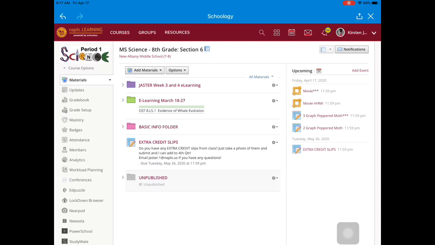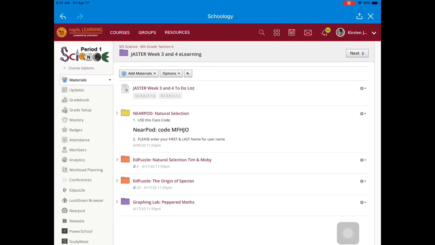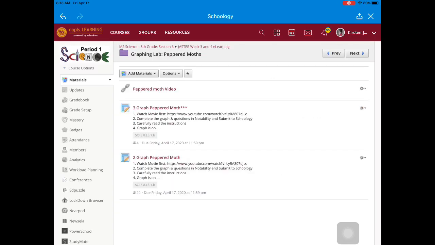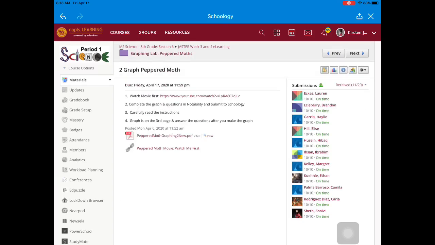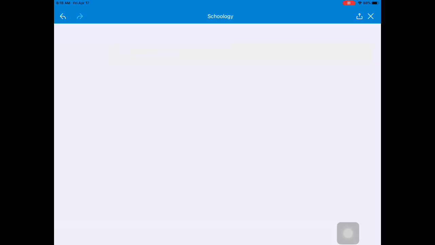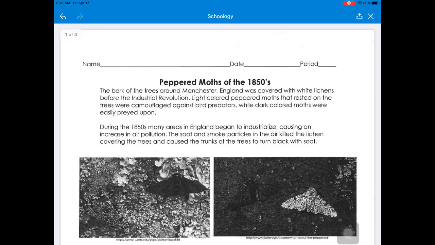So the first thing you're going to want to do is go to where the assignment is that the teacher has given you. We're going to practice opening up maybe one of my graphing labs. And if I open up my graphing lab, you're going to see that I have the link to the PDF. So I'm going to open up my PDF. And then I would need this to go to